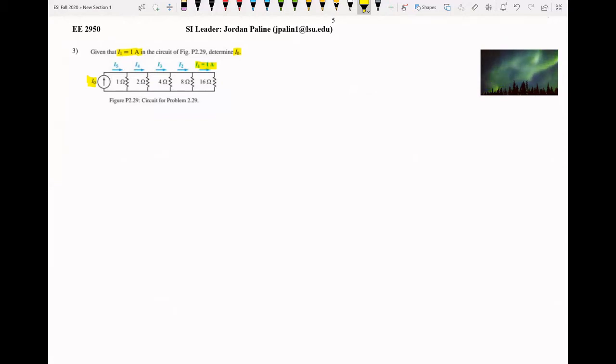So we've got a lot going on here. We have a lot of resistors, and we have a bunch of currents, okay? And this looks like quite a lot, but the thing is that if we look at this, the circuit is more complex than it actually looks, okay? And what do we mean by that? So